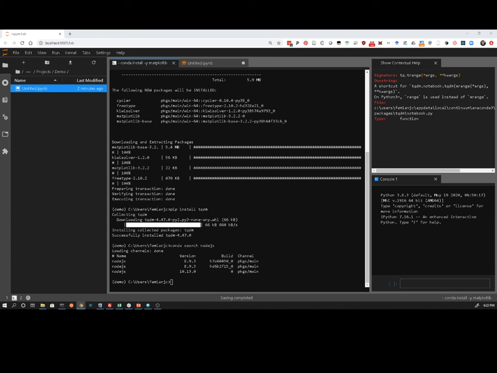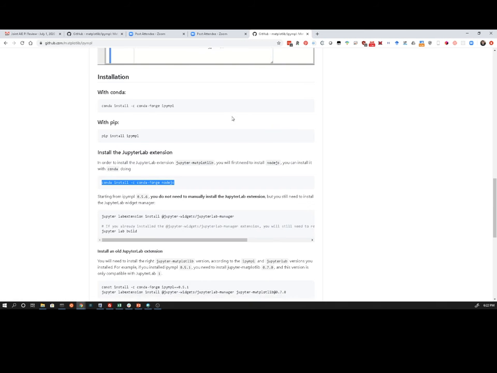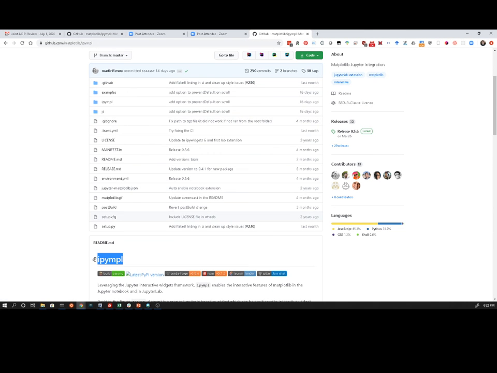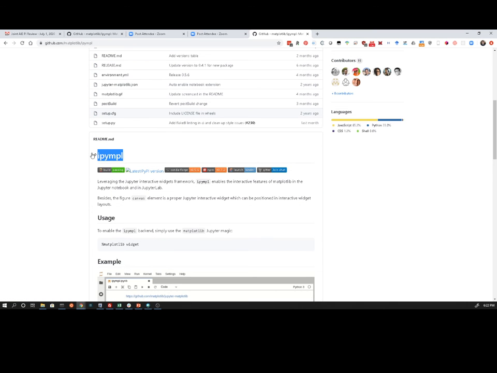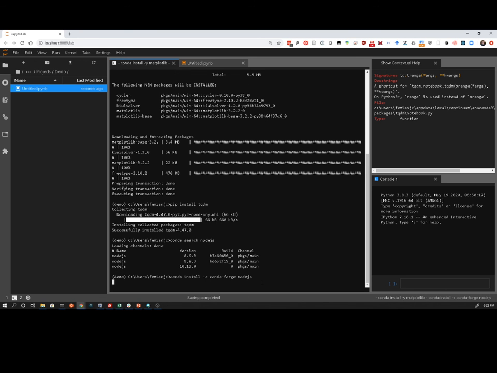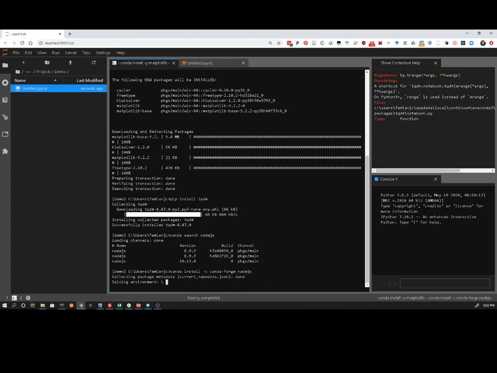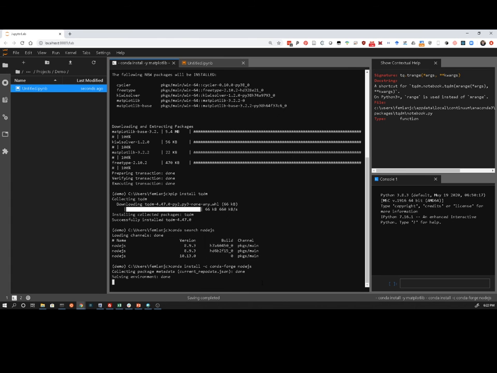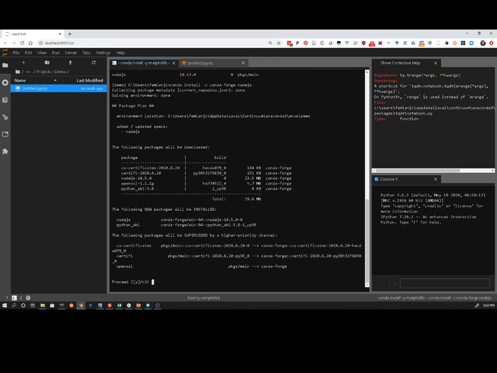So if I type in conda install, and I just copied this from the internet, I typed in ipympl. This is where we're going. We're going to be installing Matplotlib for IPython, and I read the instructions. There's a version of Node.js on conda-forge that we're going to want to install, so before installing ipympl, I'm installing Node.js, and then once that's installed,